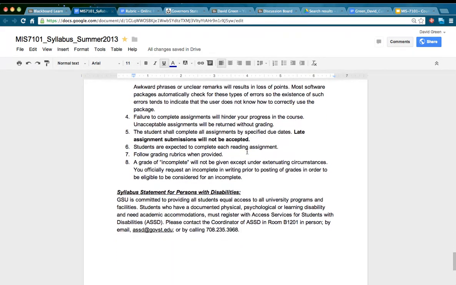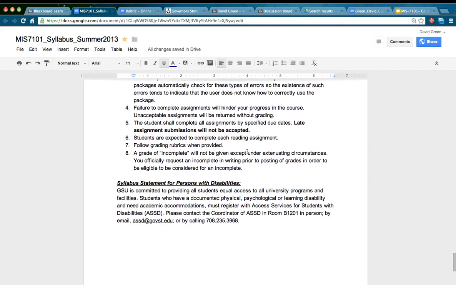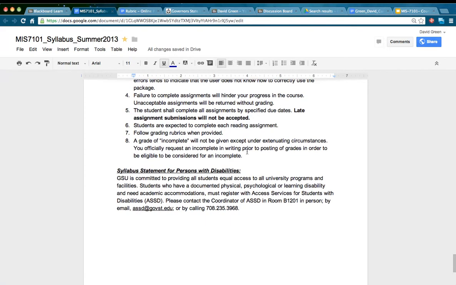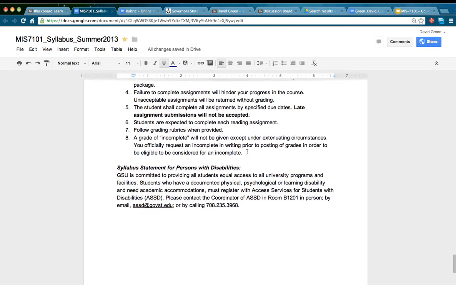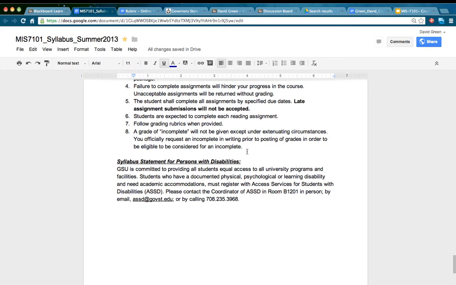Failure to complete assignments can hurt you in the course. One of the first things that you have to do is complete the introduction, in agreement that you've read the syllabus and you understand the expectations. Until you agree to that, you won't have module 1 and 2 available to you. So make sure you complete that introduction as soon as possible in the course modules. Late assignments will not be accepted.